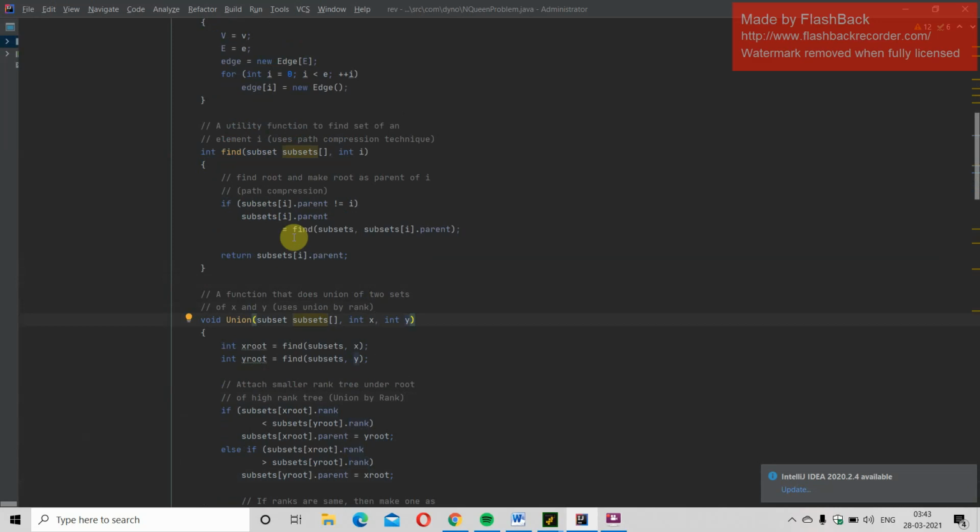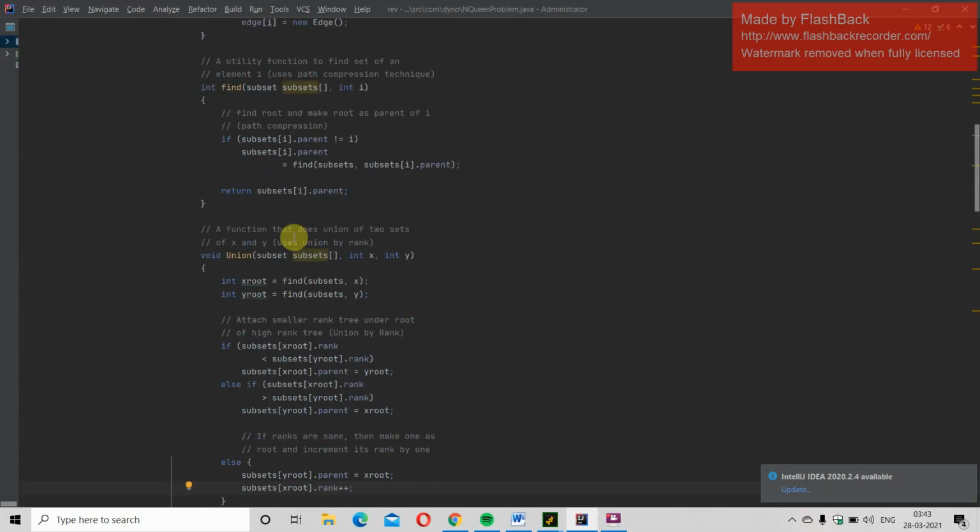It contains two sets x and y to find the union based on rank. Now declare x root and y root of integer data type and find the subsets of x and y. Attach the smaller tree under the root of the higher tree. For that, use an if statement and check whether the rank of the subset of x root is less than the rank of y root.